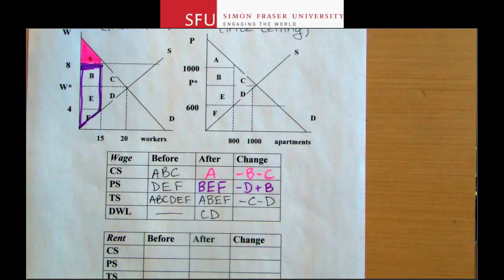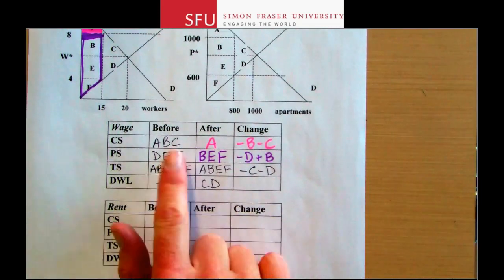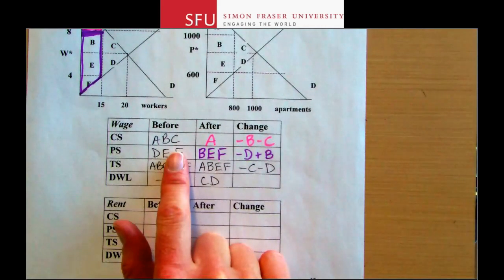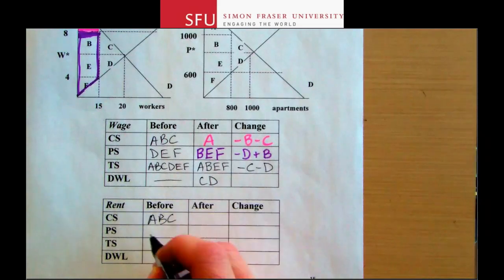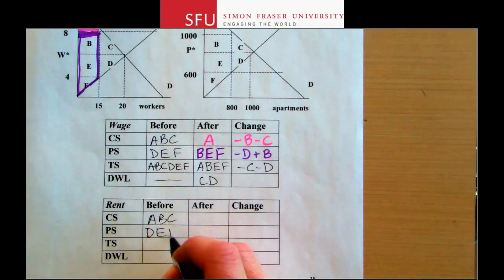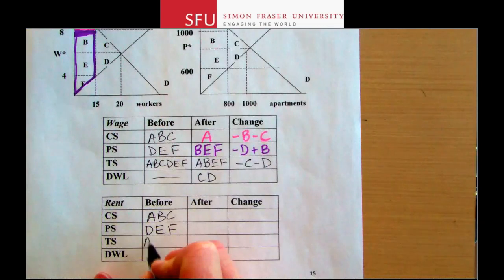All right, so now the rent control. Now, starting with before the rent control, so that's at the equilibrium, so that will be just like this table here. The consumer surplus would be ABC and D, E, F. And total